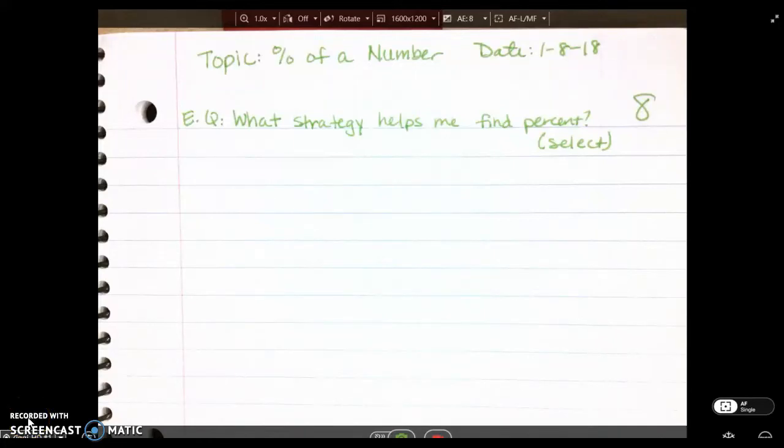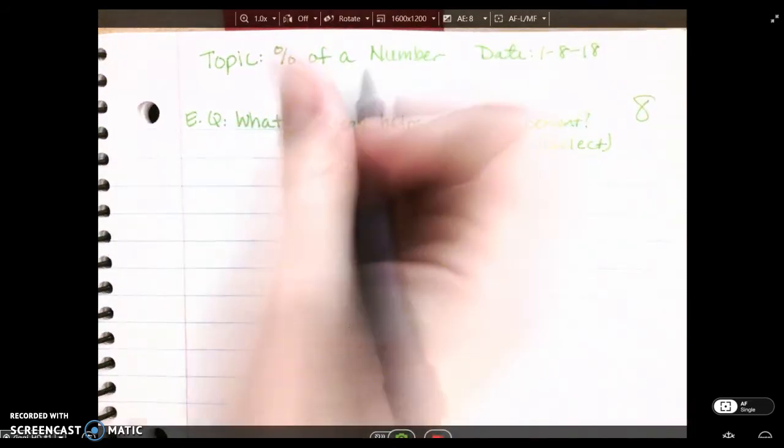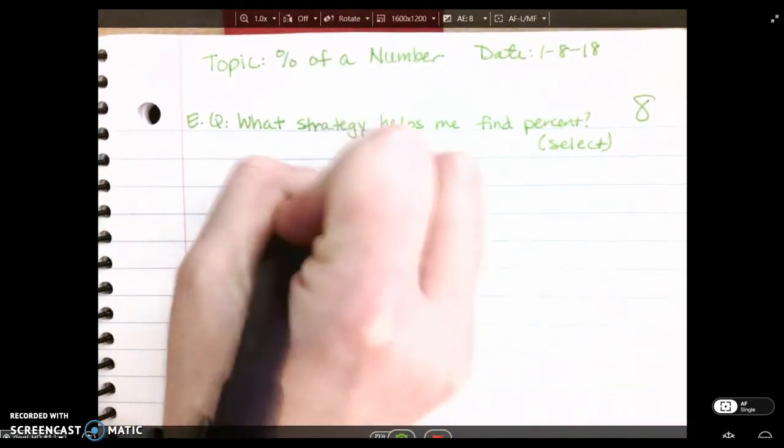This is an instructional video on how to find the percent of a number. And our essential question is, what strategy helps me find percent? So what a lot of students do to find the percent of a number